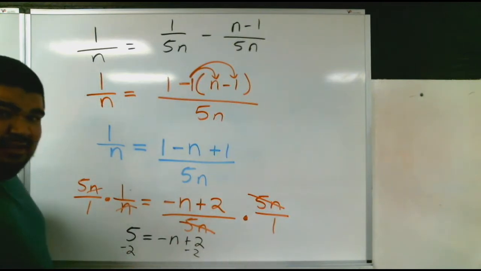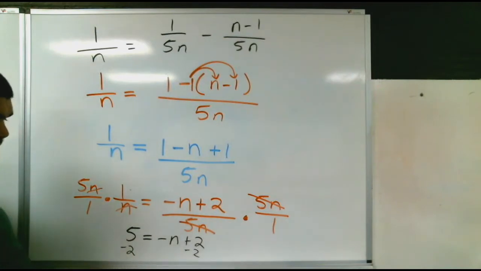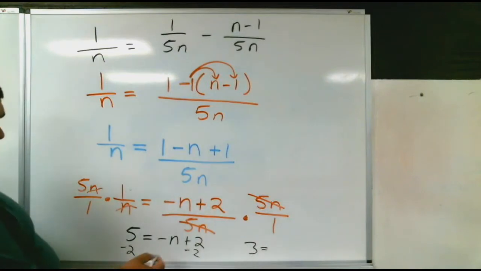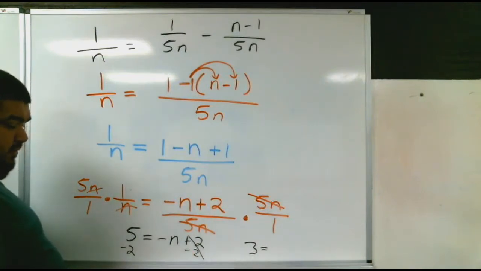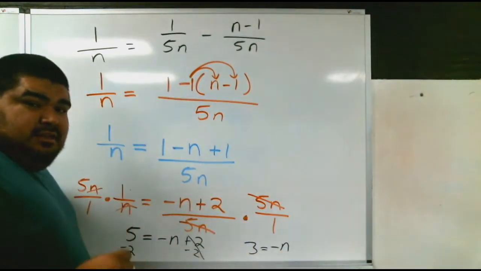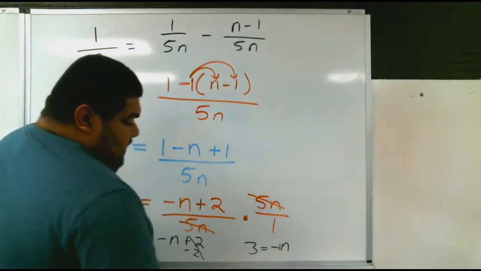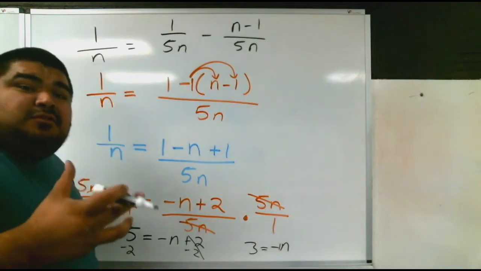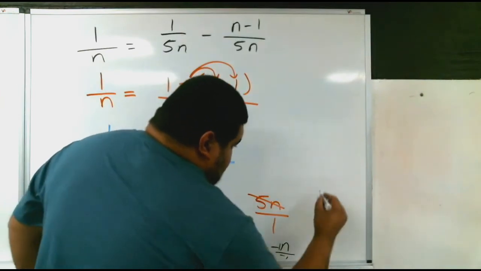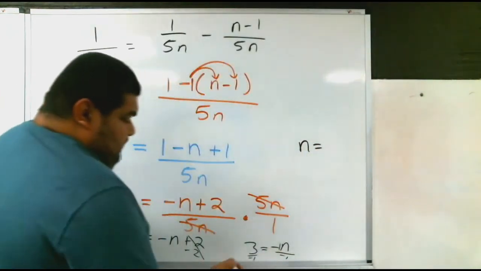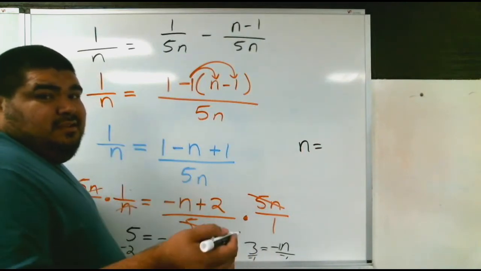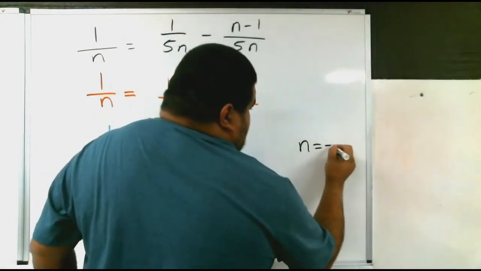of the equal sign. So we have 5 minus 2 equals 3, which equals whatever's left over, because the 2 is no longer there, negative n. Since there's a 1 in front of the n that is negative, remember the opposite of multiplication is division, so we're going to divide by negative 1 on both sides. So n equals 3 divided by negative 1, which positive divided by negative is negative, so your answer is negative